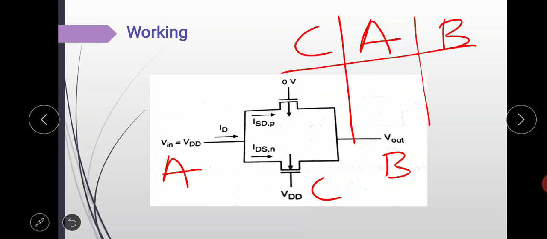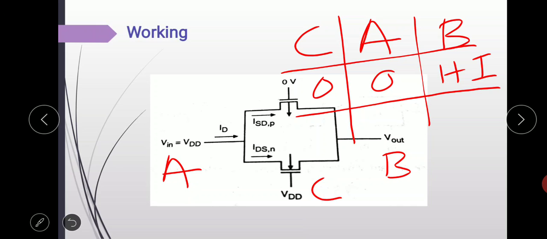So when the input combination is 0 0, the output is high impedance state, meaning the circuit remains in off condition. Okay, then the next input combination,